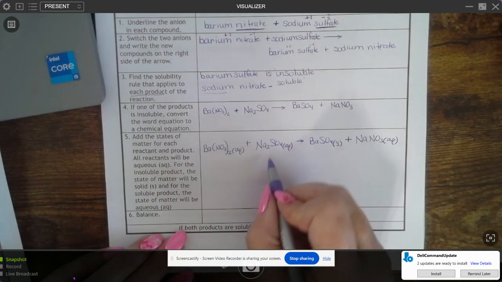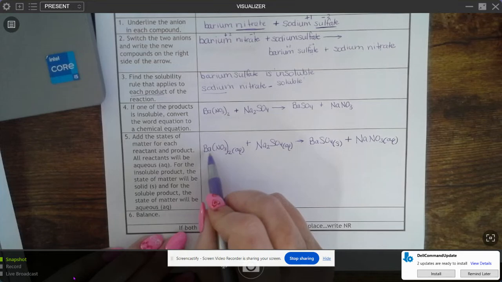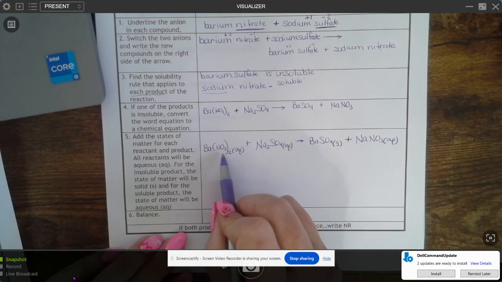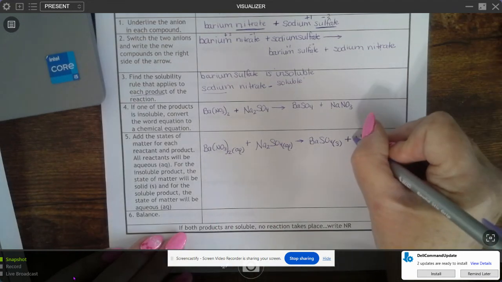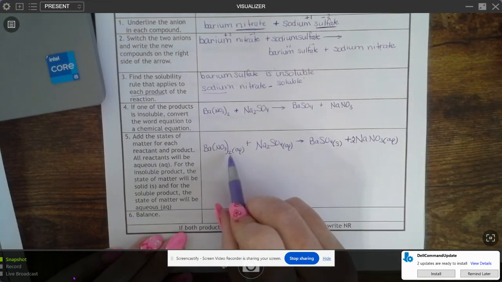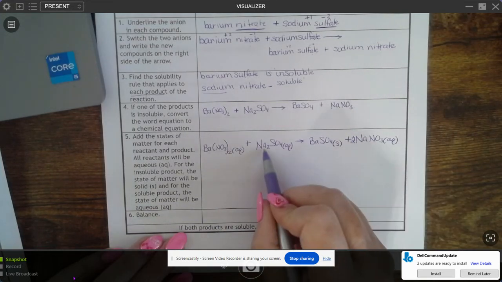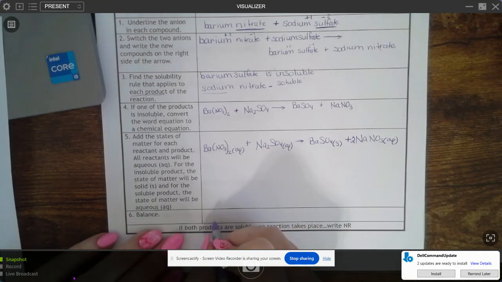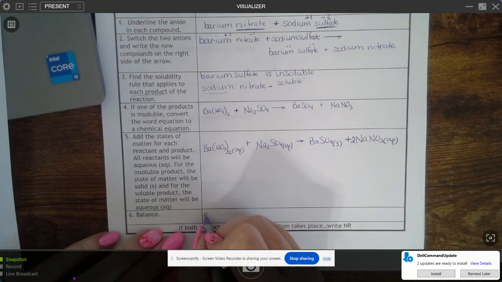And this one's not bad because if you look, I've got one barium on each side. I've got 2 nitrates, so I'm just going to go ahead and put a 2 here. So that balances my nitrate. I've got 2 sodiums and 1 sulfate. So my final balanced equation is